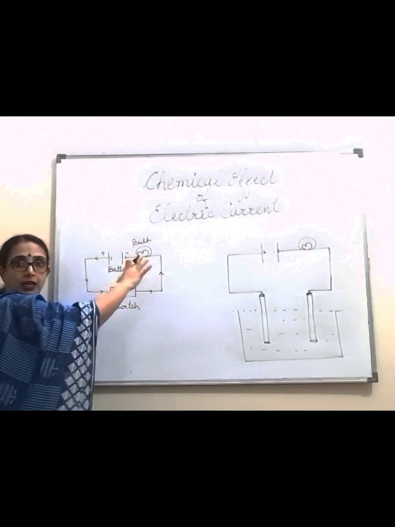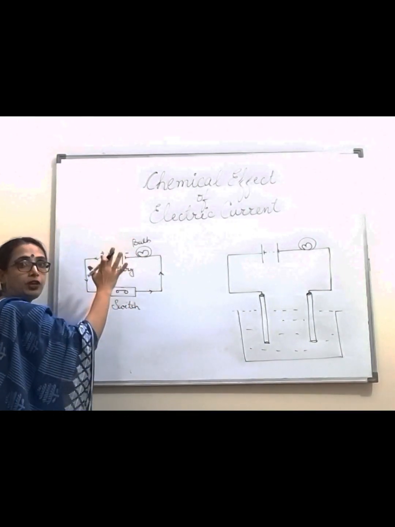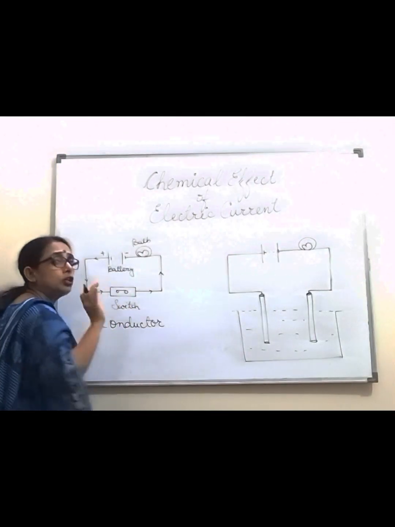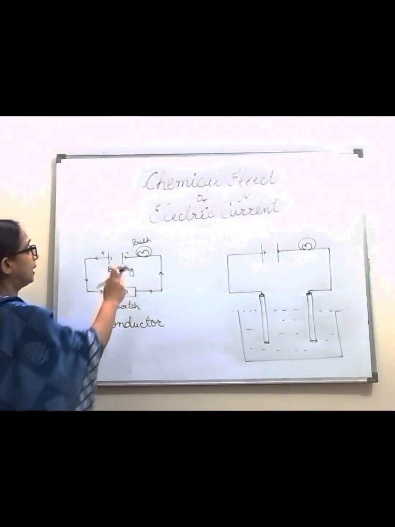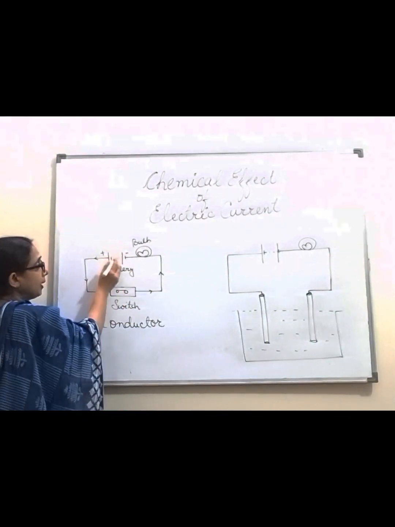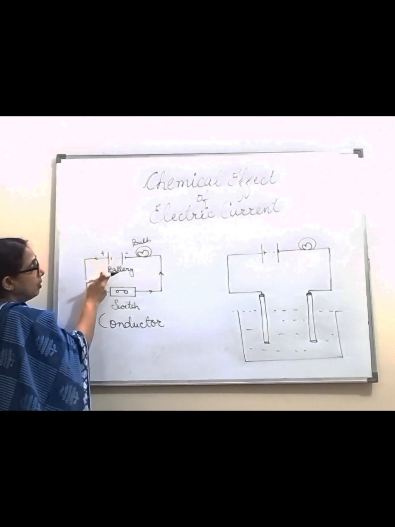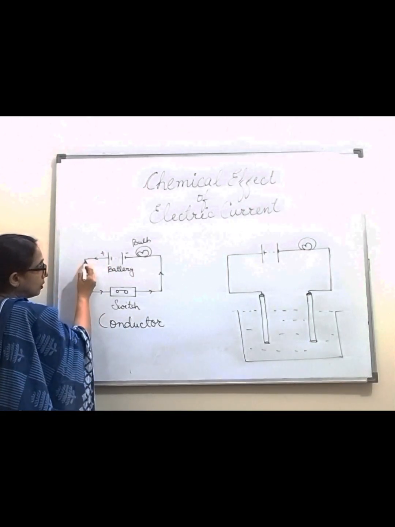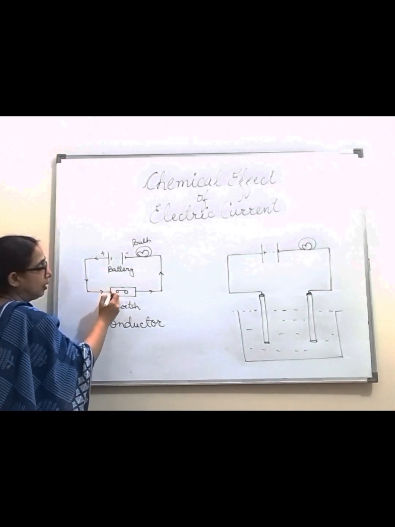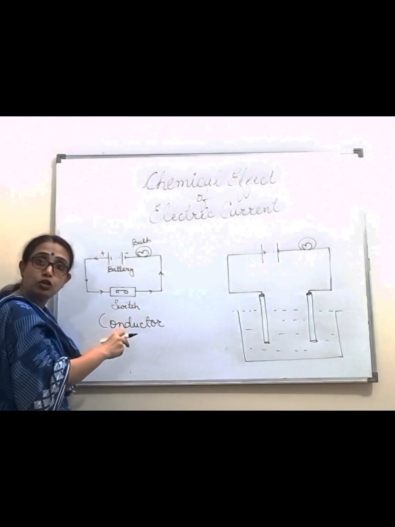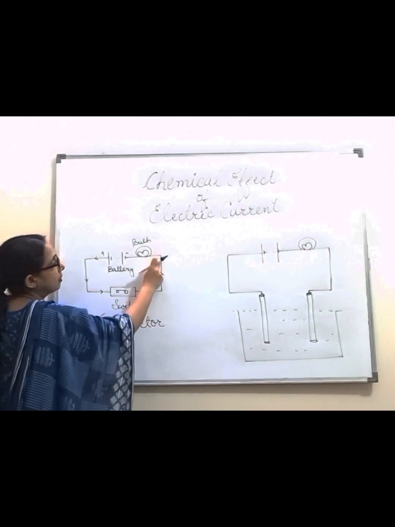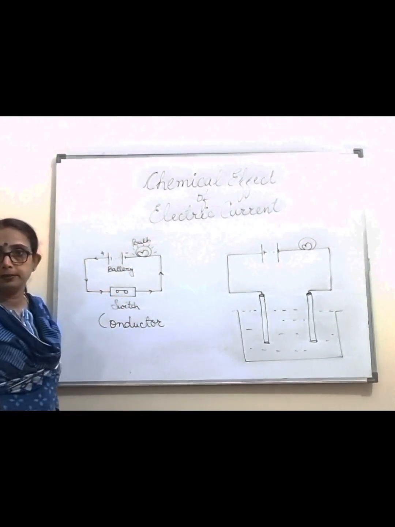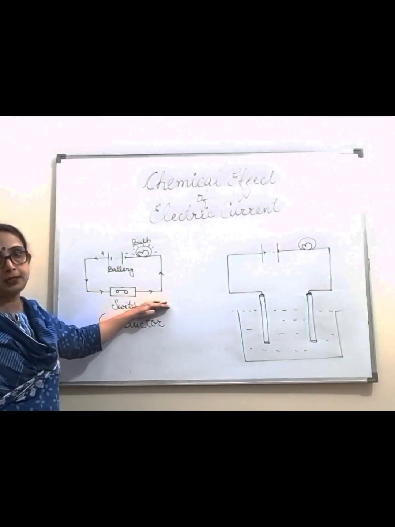So in this kind of electric circuit, whatever we use should be a conductor. If we are not using a conductor, then we may not get the bulb glowing. This is the symbol of the battery. Current starts moving from the positive end of the battery, moves through the switch, which has to be a good conducting material, and then completes the circuit. Once this is done, the bulb starts glowing. Fine. Till here we had been studying.